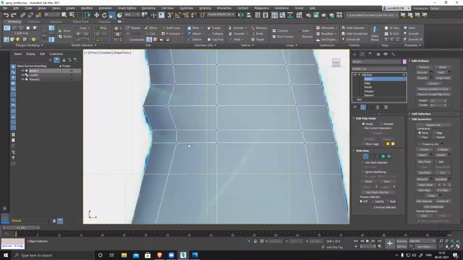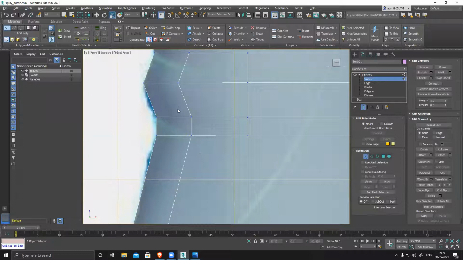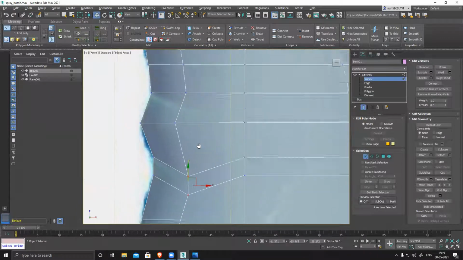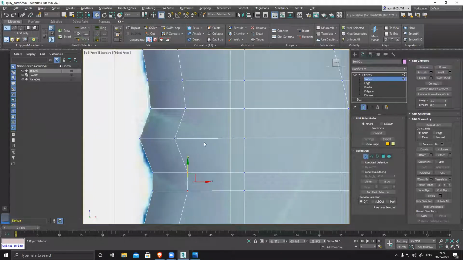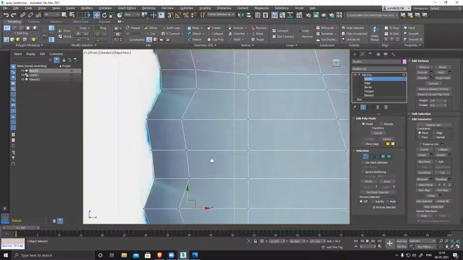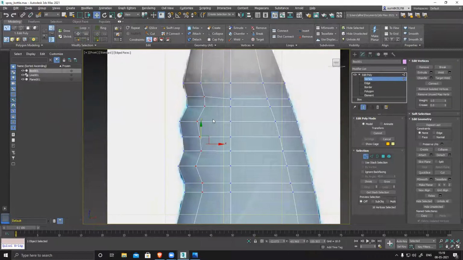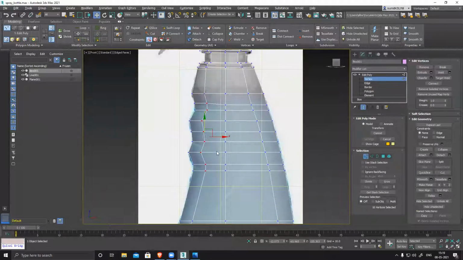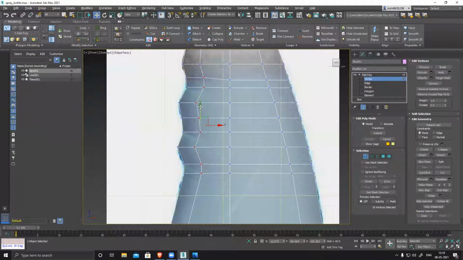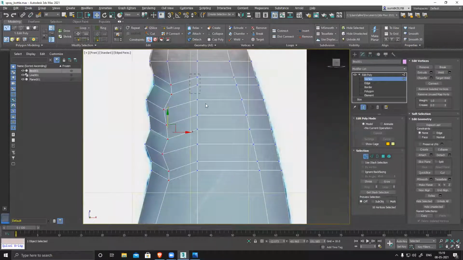So now I'll select edge mode, vertex mode, and I'll see wherever it is. I'll pull it down. Basically, select this, and this. All of them you can select together and move down. So it will match with this angle.